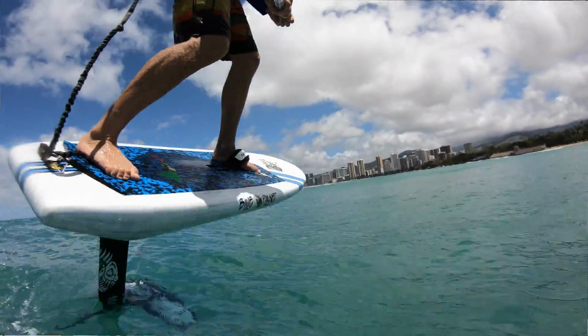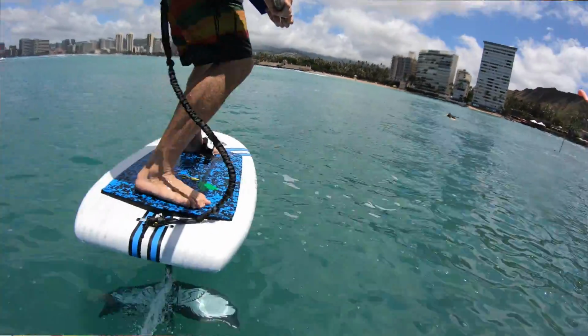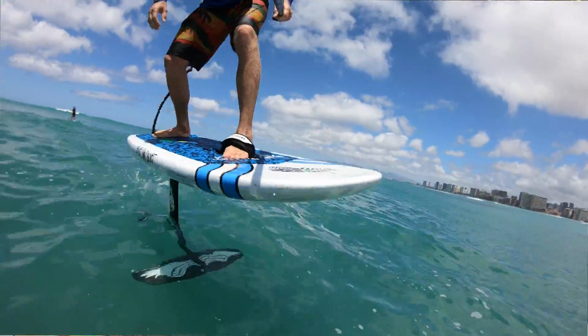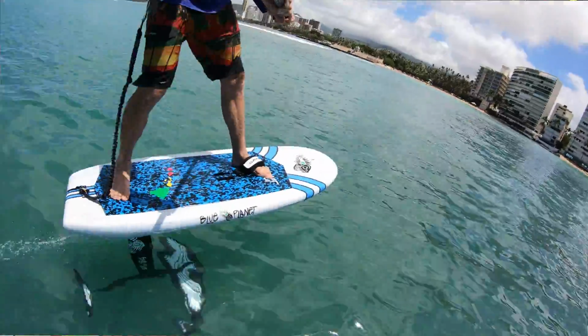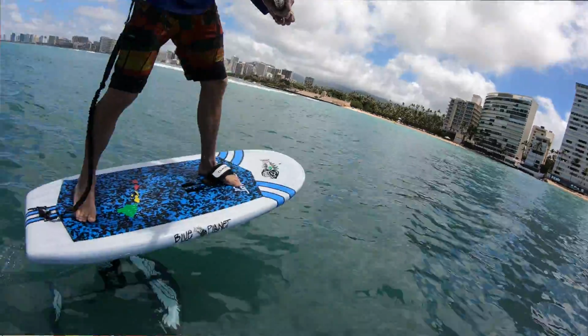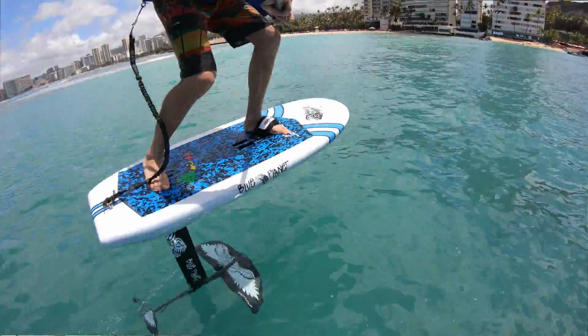So once you're up on the foil, you want to have as little board in the way as possible. But to catch the wave and to paddle back out, you do need to have enough volume, especially on a stand-up paddleboard, to stand up on it and balance on it. Having the foil underneath makes it more stable for sure, so you can use a much smaller board. Once you're a little bit better and get used to it, you can use a much smaller board than on